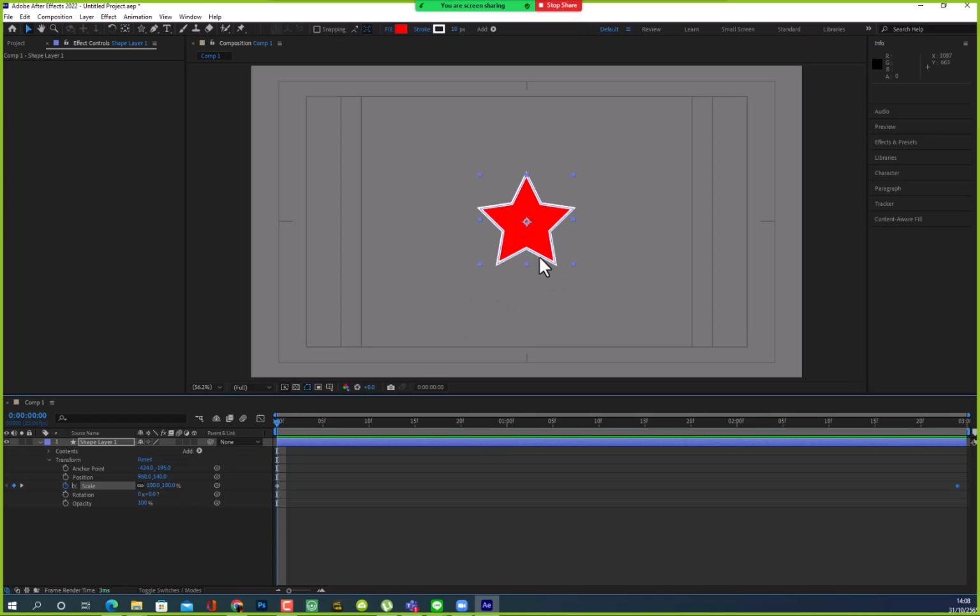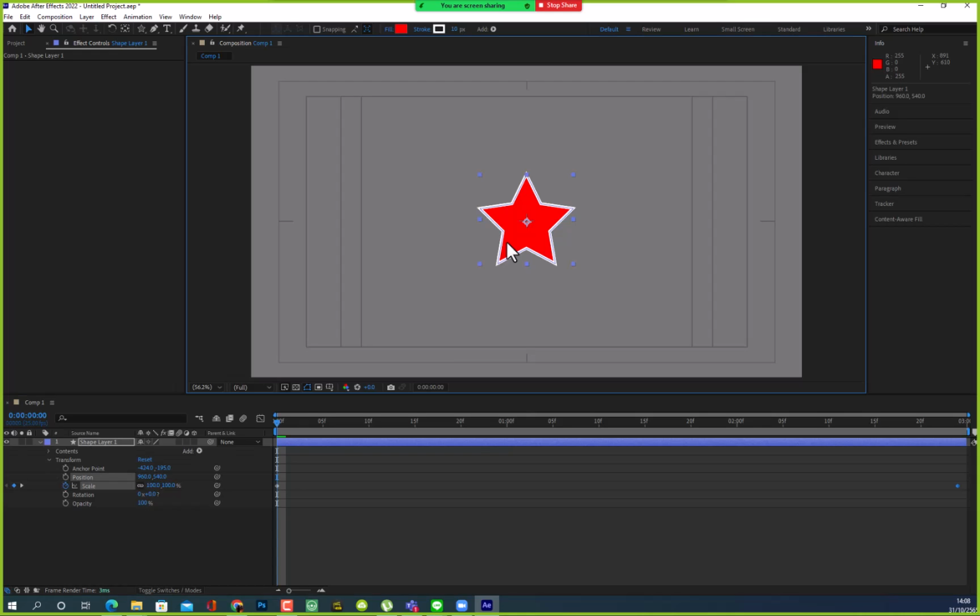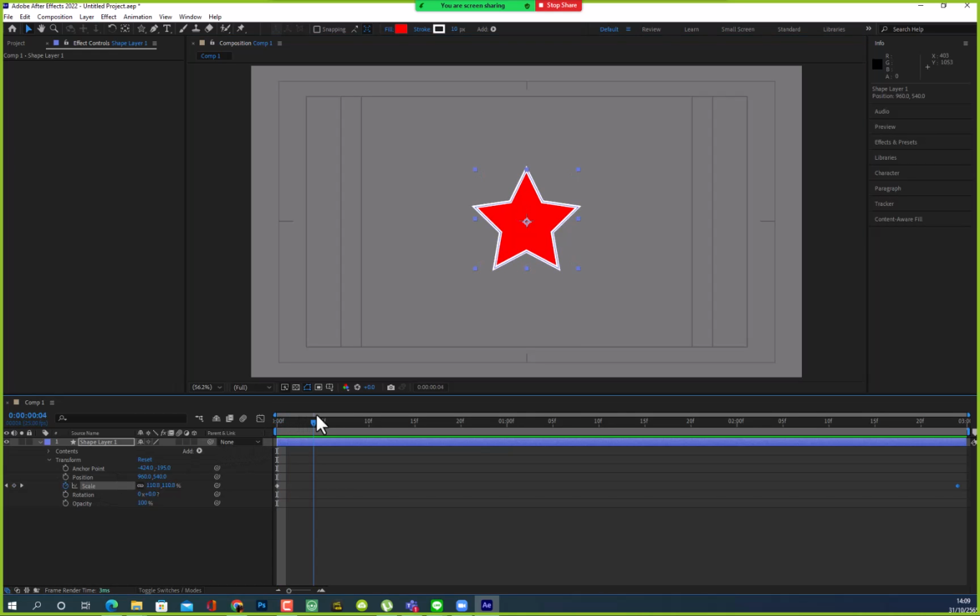Right now, the star is in the center. Okay, let me move the star to the left a bit. You see what happened? If I move the star to the left, what kind of transform is involved in order to make the star move from left to right? What kind of transform should we use? Position. Very good. Position. So that means now at the beginning,